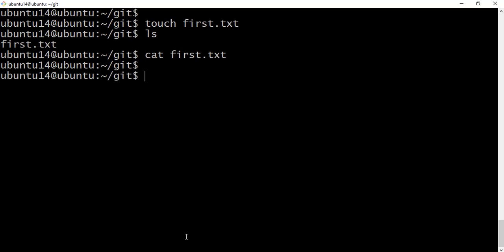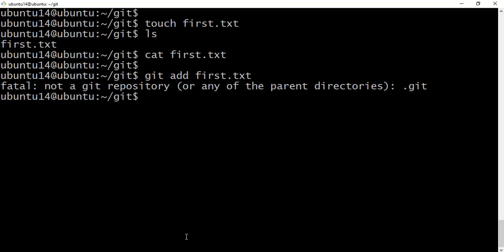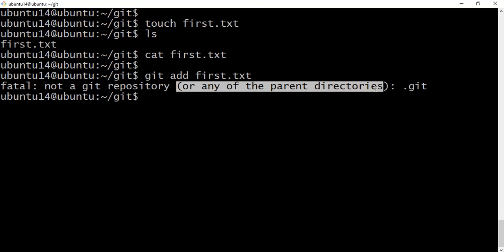If I perform the git add command, git add first.tst, we get an error: fatal, not a git repository or any of the parent directories .git.